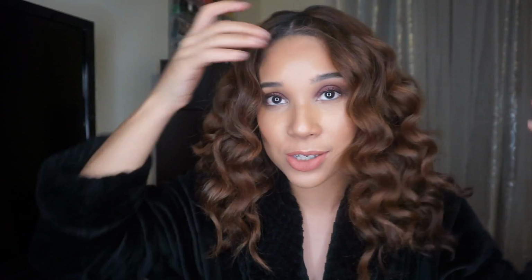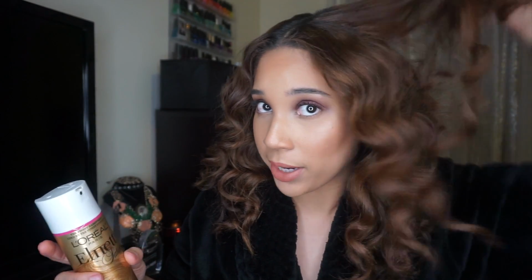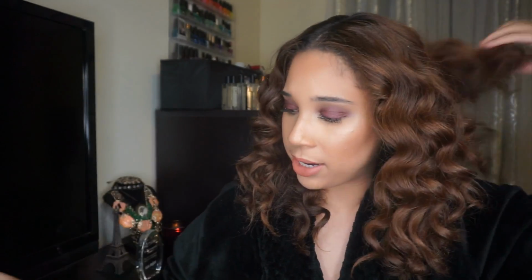If you guys wanna know how to get this hair, I have a tutorial on it, just go watch it. Then I'm just gonna add a little bit of my favorite hairspray when my hair's straight, this On It spray by L'Oreal, classic bomb. I like it because you can spray a lot of it and it holds your hair, but it doesn't make your hair crunchy. The smell is a little bit overpowering in my opinion. I wish it wasn't so overpowering, because if you put a lot, it can get like whoa. But no matter how much spray you put, it'll hold your hair